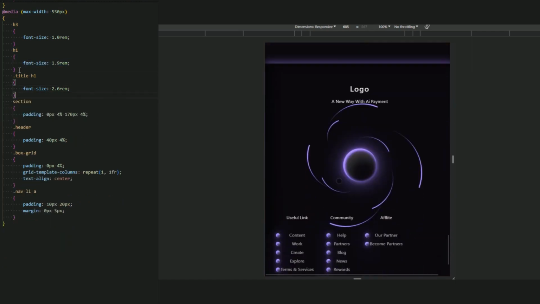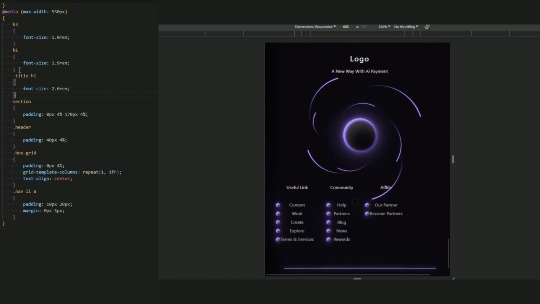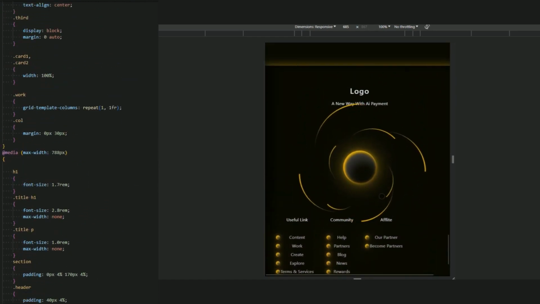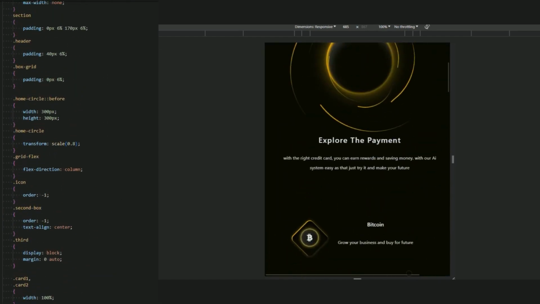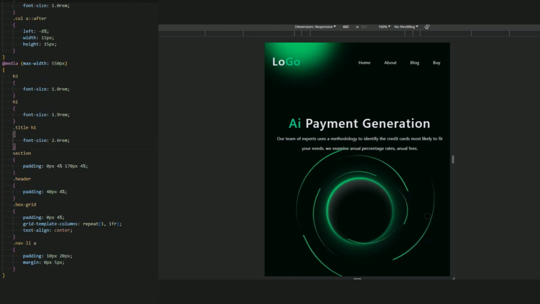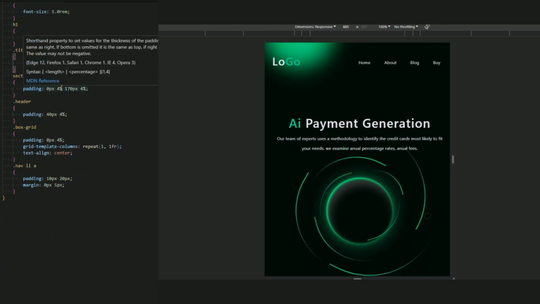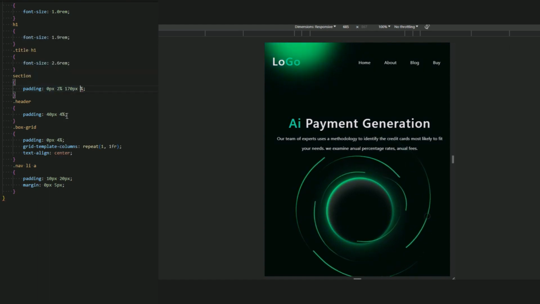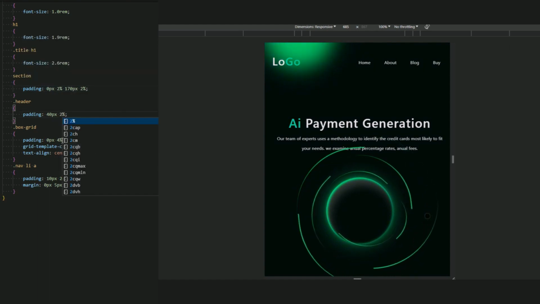And now for the section, I think we need a P. So let me just see with the P, the font size. No, we don't need a P to resize the font size. So section for the left and the right be 2% instead of 4%. This be 2%. And this be 2%.